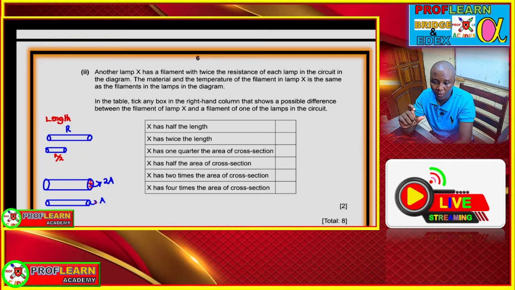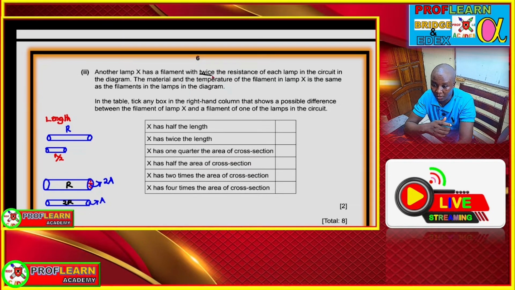So meaning if you have a thin wire, it has high resistance because it has few free electrons to transmit electricity. So in this case here, we are going to say if this has a resistance R, this is going to have a resistance twice R